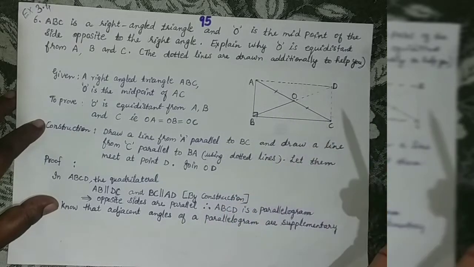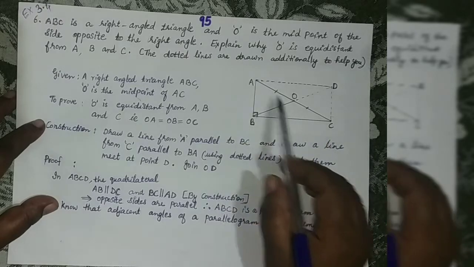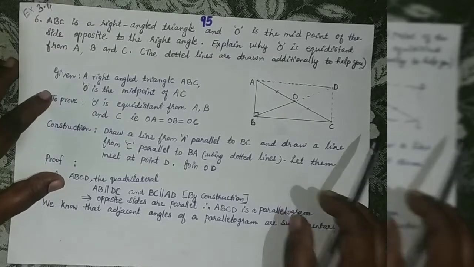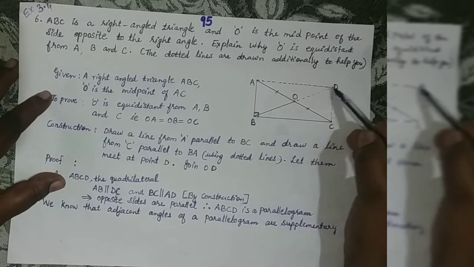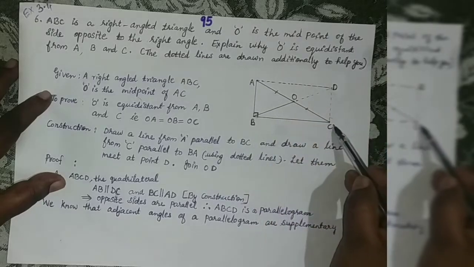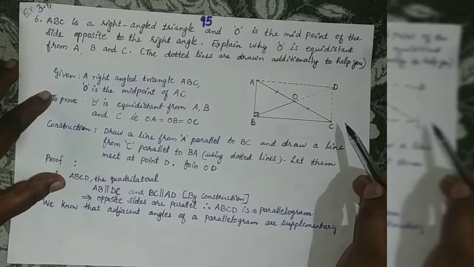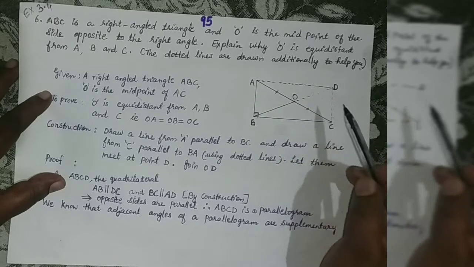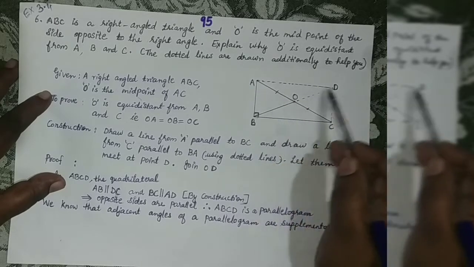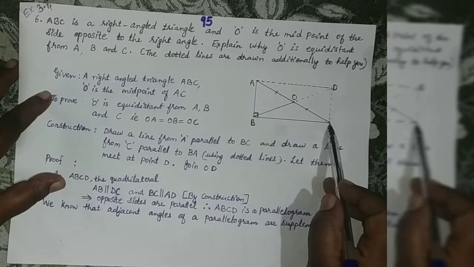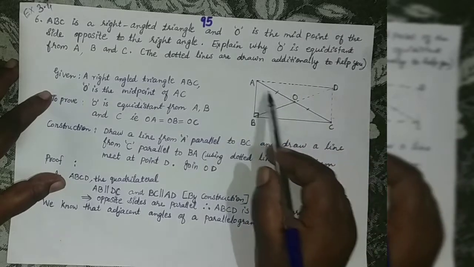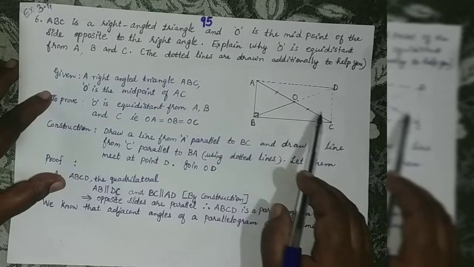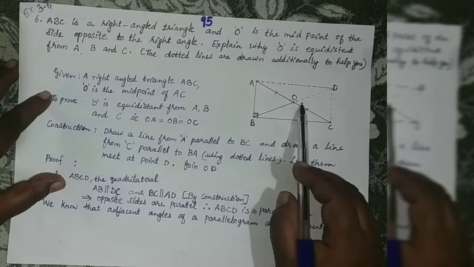First we have seen it is a parallelogram. Then we have seen all the angles are 90 degrees. So it is a rectangle only. Now you know BD is the diagonal and AC is also a diagonal. In a rectangle, diagonals bisect each other. You can see they are meeting, so they are bisecting each other. That means BD is equal to AC, and half of BD is equal to half of AC. That means OA is equal to OC is equal to OB is equal to OD.